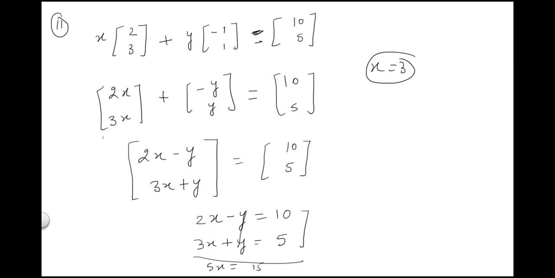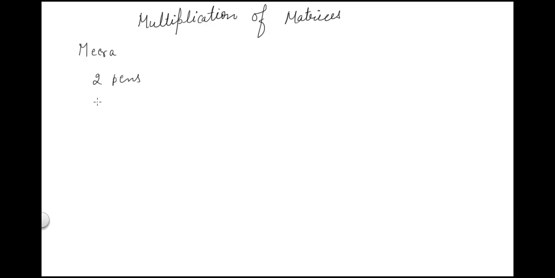So today we are going to learn a new concept, which is multiplication of matrices. We will start this with an example. So the example says, suppose Meera and Nadeem are two friends. Meera wants to buy. So what is Meera's choice? That she wants to buy 2 pens and 5 storybooks.